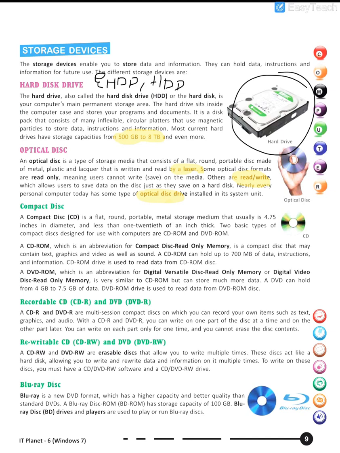Now optical discs can be of different categories. First we have the compact disc. If you see the dimension, it is 4.75 inches in diameter. It comes in two forms: read-only memory and CDR, compact disc recordable, where you cannot rewrite the data. Now, CD-ROM can hold up to 700 MB of data, whereas the DVD-ROM has more capacity, that is 4 GB to 7.5 GB. So, what is the data capacity of a CD-ROM? 700 MB, whereas DVD-ROM 4 GB to 7.5 GB.